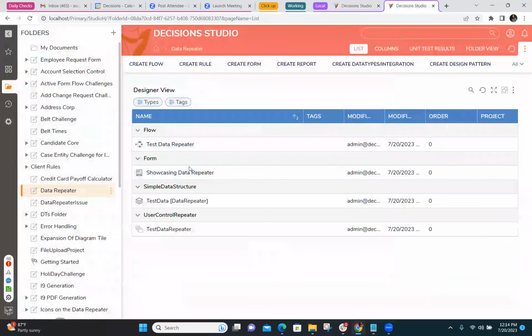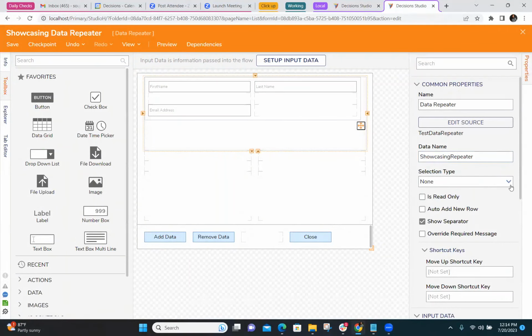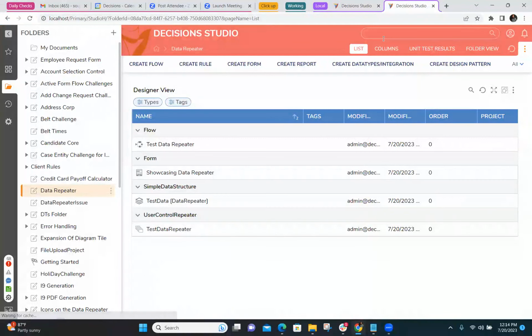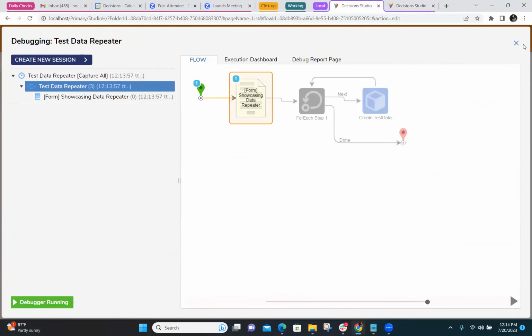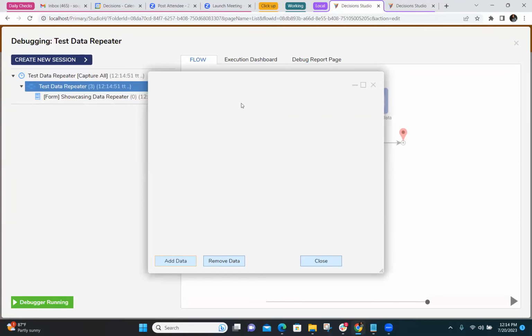I can show you real quick, like changing the visual indicator. Form selection type visual indicator. So you can see when I saved it. When I run the form again, you can see add data. So you can see the visual indicator line showing up. So let's see, Kyle. And email address